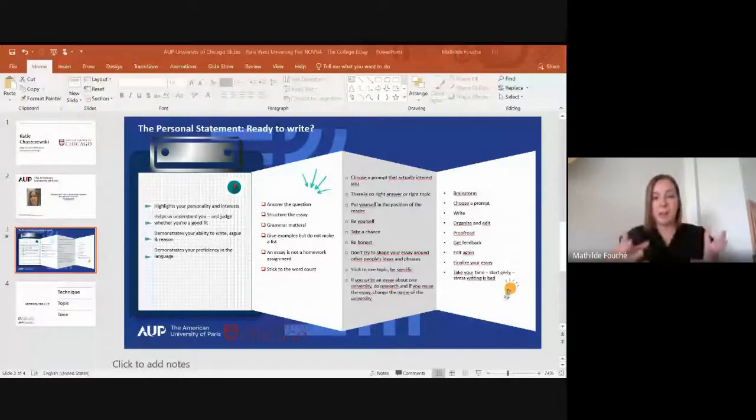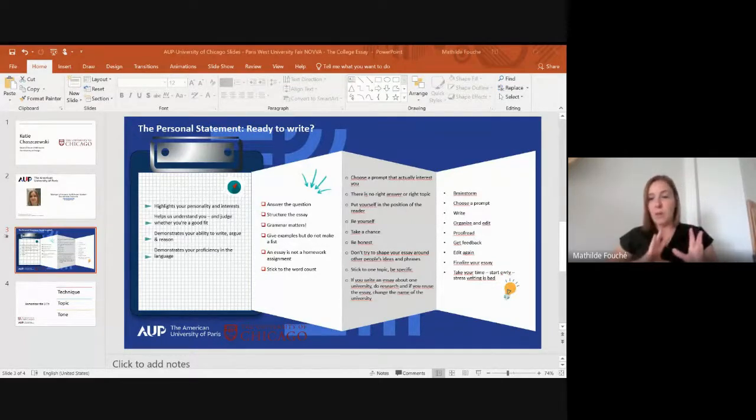You can get feedback. Try to get feedback from counselors. Usually their high school counselors are very busy, but from friends even. And finalize your essay. Take that feedback. Take the time to write it. Like I said, take the feedback about your writing. You don't have to reshape it based on that feedback. And I would say try to start early. I'm not saying too early, but try to not keep it to the last moment.